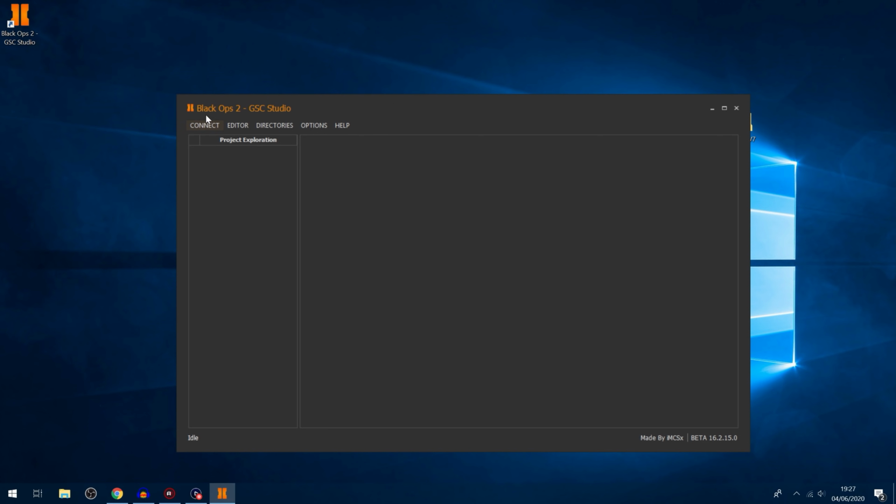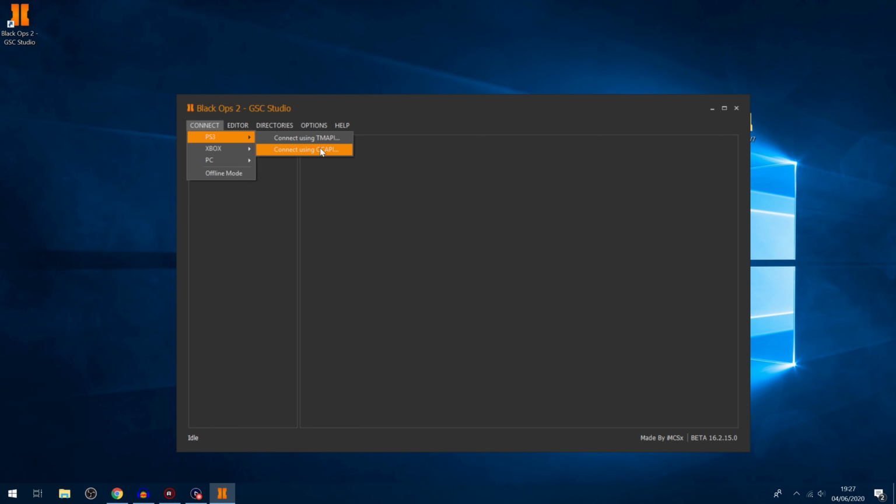If we go ahead and click Connect PS3, you can see there's two options for connecting to your PS3. There's TMAPI, which is Target Manager API, and then there's CCAPI, which is Control Console API. So most people will use CCAPI. I'll show you how to set up both in this video, starting with CCAPI because that's the most common one